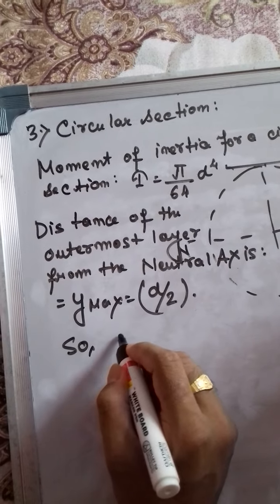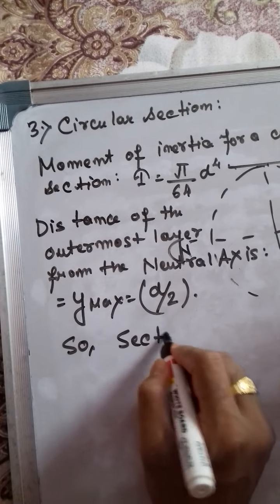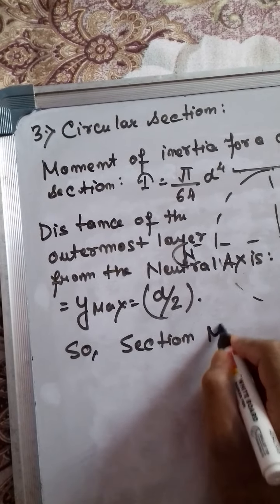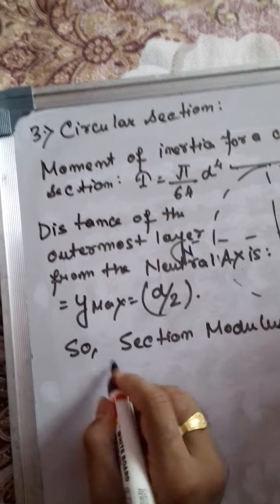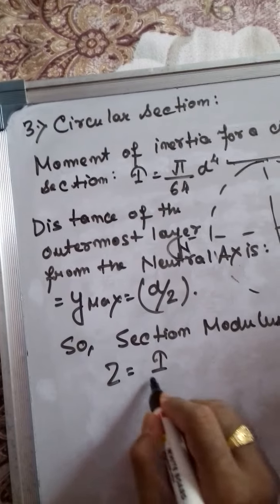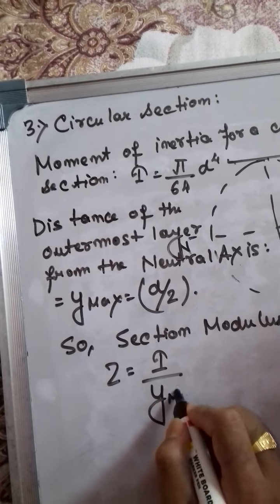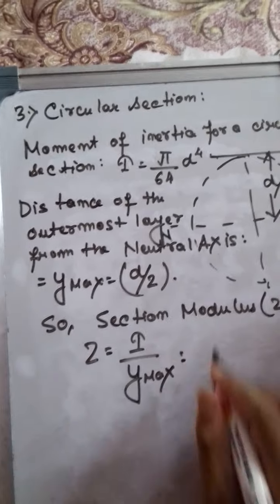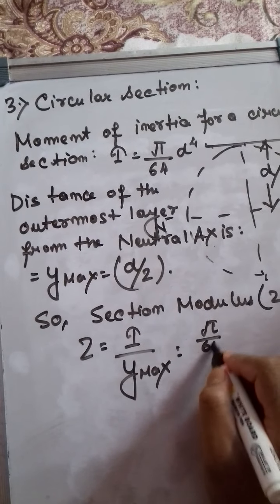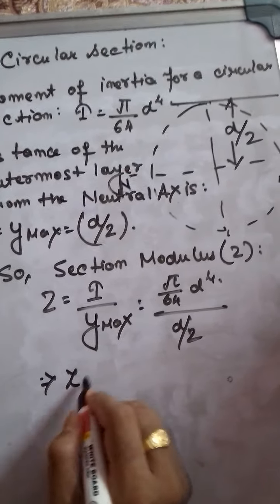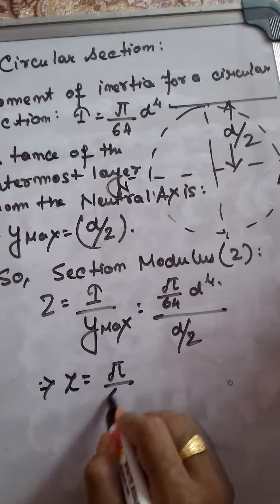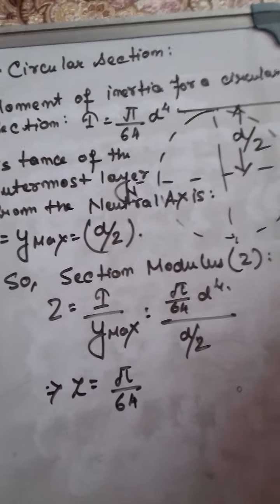So section modulus is given by Z, so Z is equal to I divided by y maximum. So I is equal to pi by 64 d to the power of 4 divided by d by 2. So Z will be equal to pi by 64 into